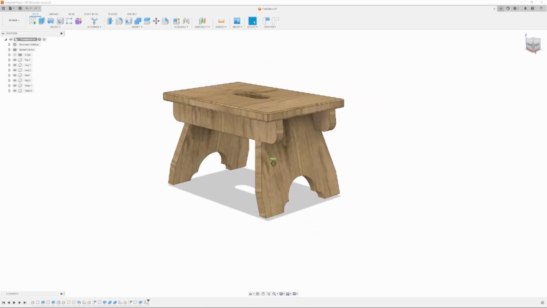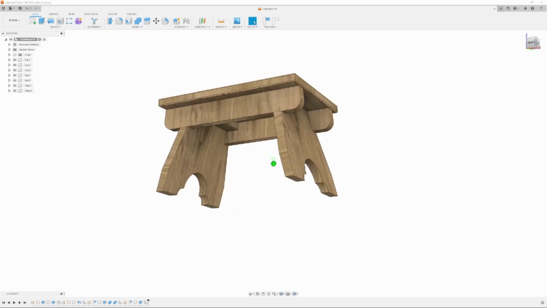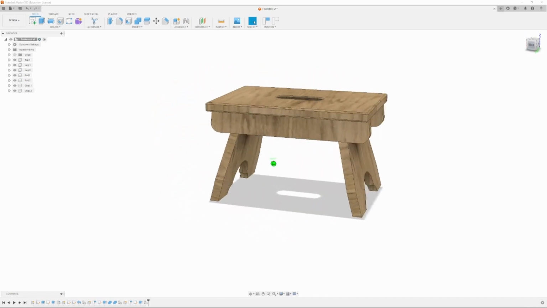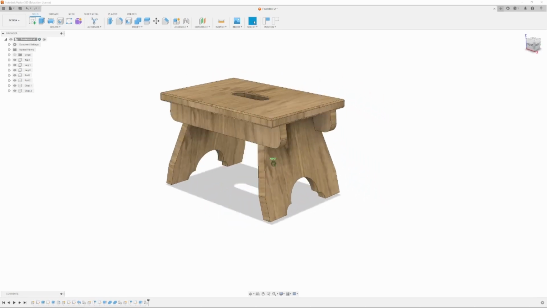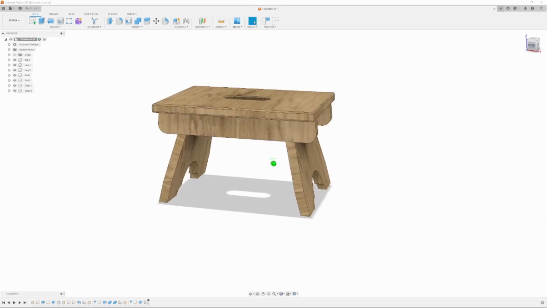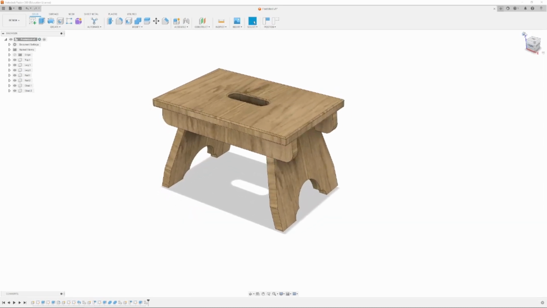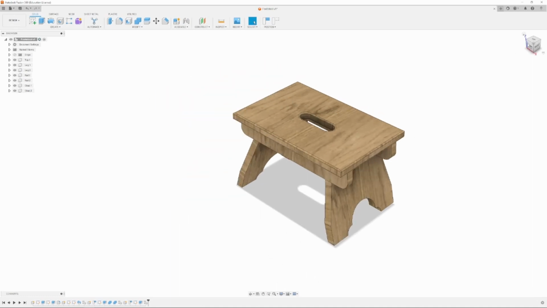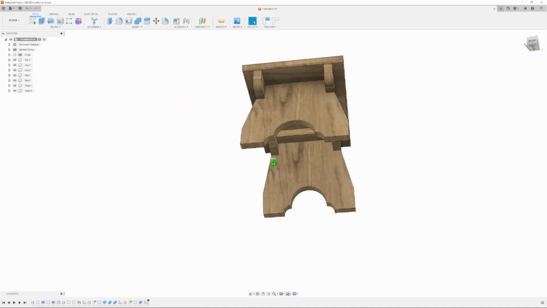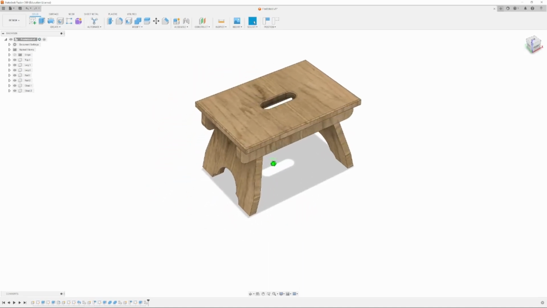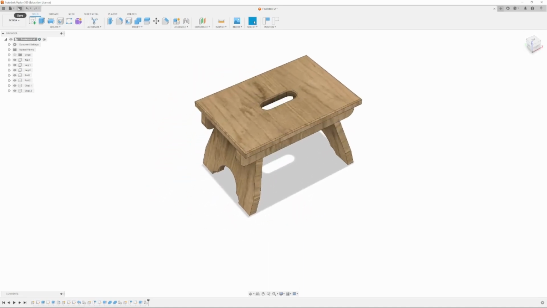So hopefully you were able to get to this point without too much trouble. I know it was a lot to learn, especially if this is your first time doing a CAD drawing, so it's a computer-aided drawing. That's what SketchUp and Fusion 360 both are. And they're super handy, and it's nice to be able to visualize all the different parts of the footstool before you put it together. So with this, I'm going to save this,